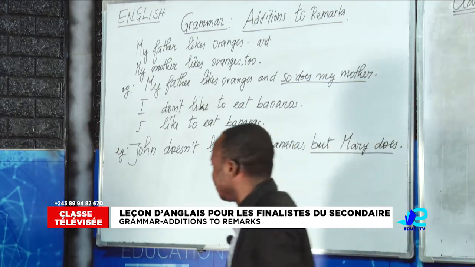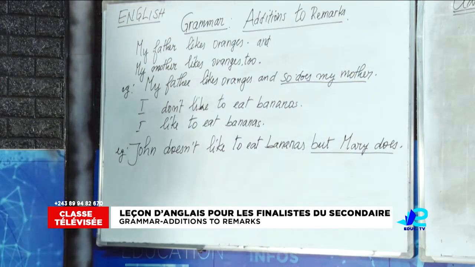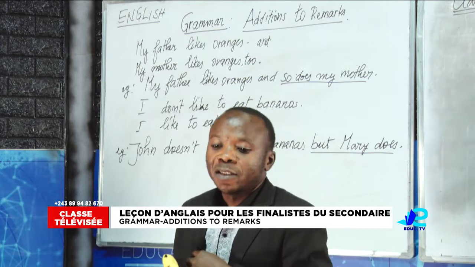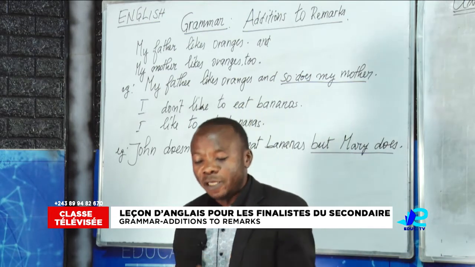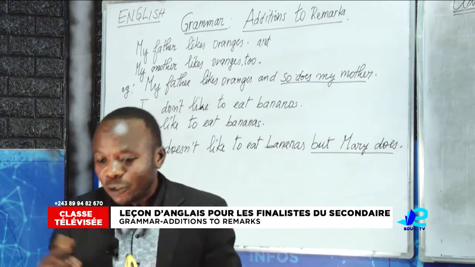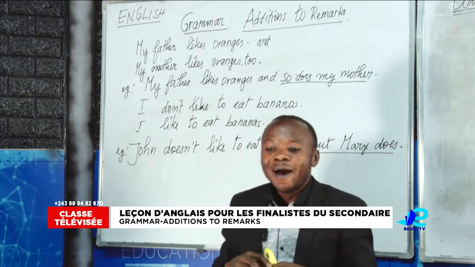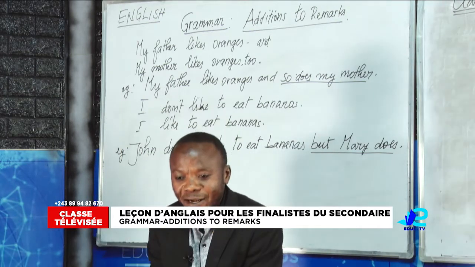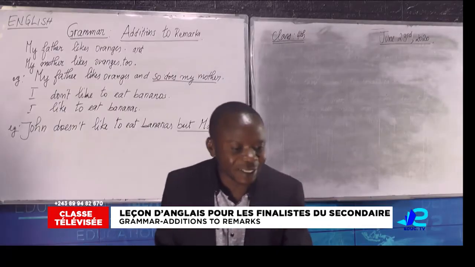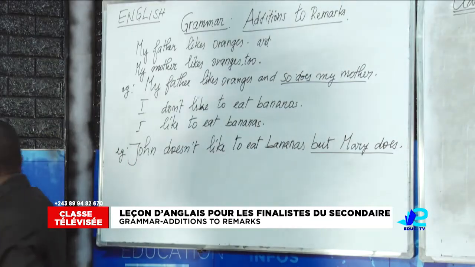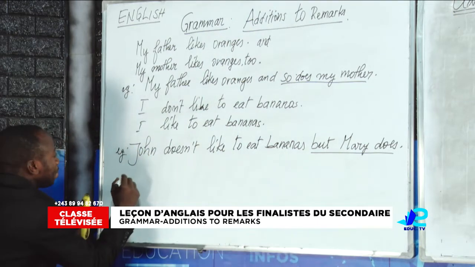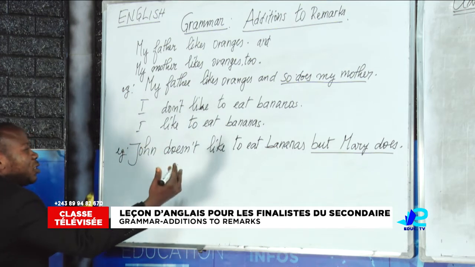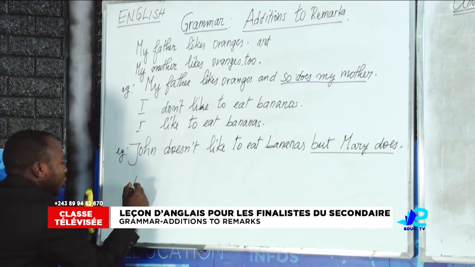The third possibility. Suppose you don't like to eat bananas. I have a banana. I say, I don't like to eat bananas. And you say also, I don't like to eat bananas too. Mr. Katete doesn't like to eat bananas. For example, look at your class. We are going to go as I'm giving you two sentences, two possibilities in which you combine together. You can say, Mr. Katete